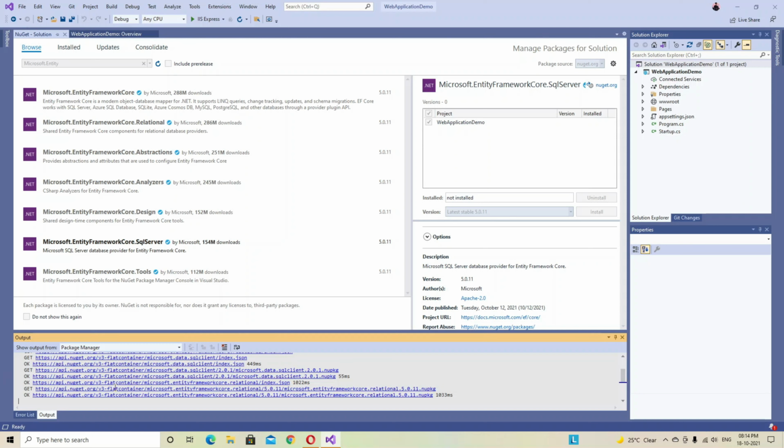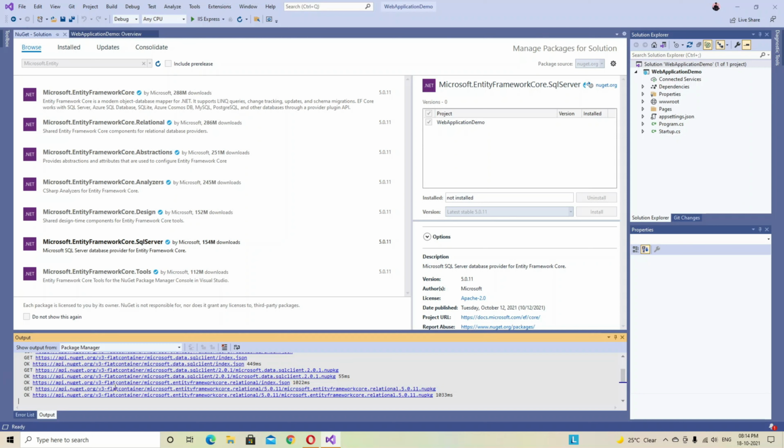Now check our data in the SQL table. Refresh the tables, open a new query window and write a query: select star from our table name, and execute this query. So let's see, the share market Nifty stock table has some data in it.